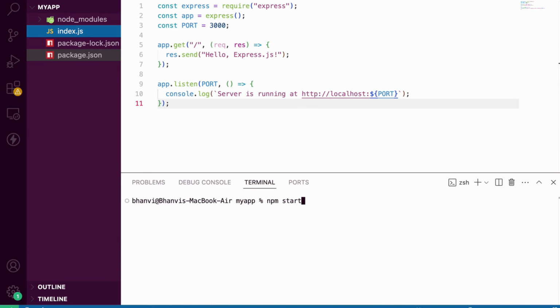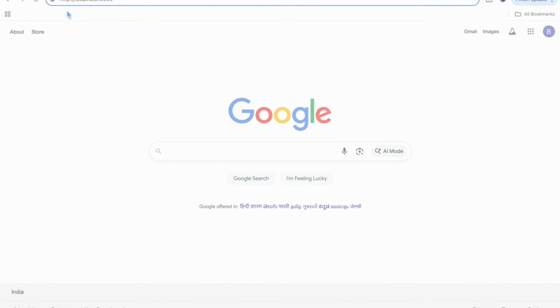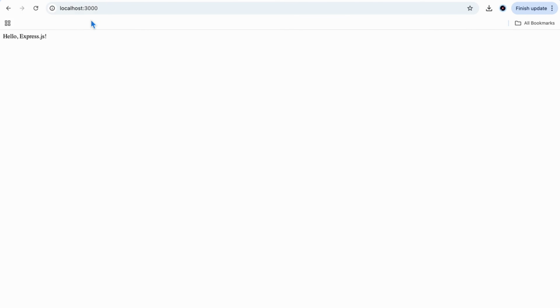You should see a message saying server is running at http://localhost:3000. Let's check in the browser. And there it is, our very first Express server showing Hello Express.js. And that's it. You've successfully installed Node.js and Express.js and built your very first server. Great job!